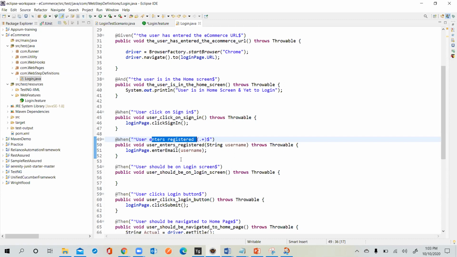Now, what should we have done for this? For example, now we have written the lines of code there. If you see here, every feature file will be associated with a step definition file. This is like a wife and husband. So we'll have the complete details in the feature file, and then we will have the respective implementation in Java, in the step definition files. So feature file and step definition file. In the feature file, whatever the line of code, I will go to that line, click that and come over here.